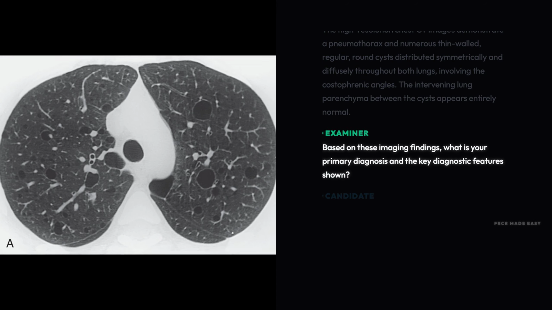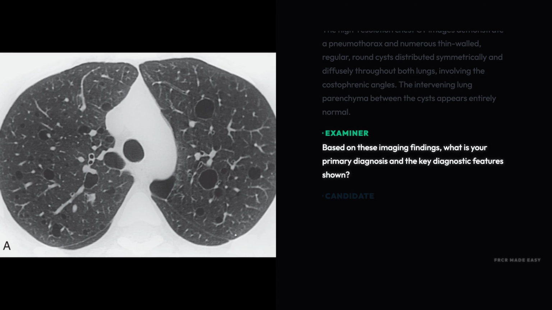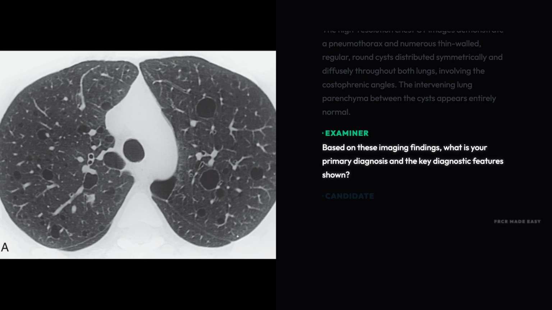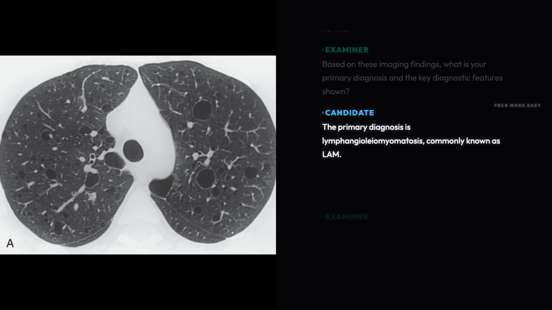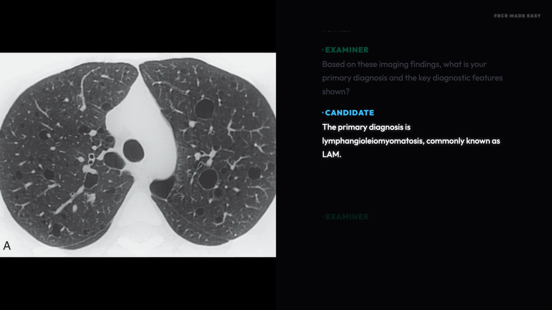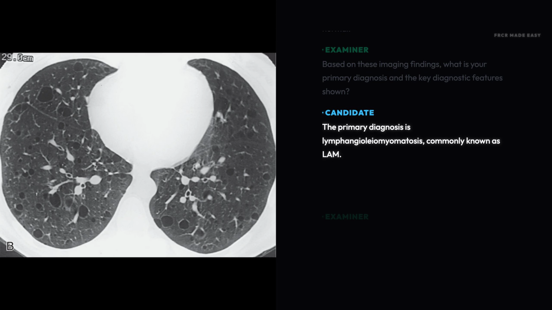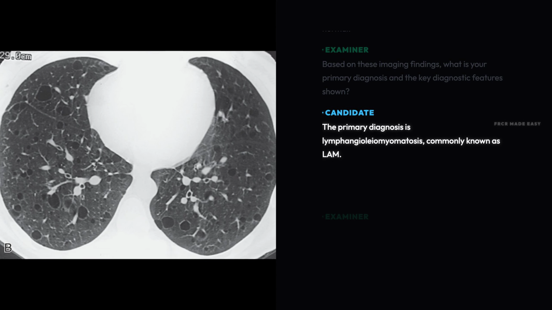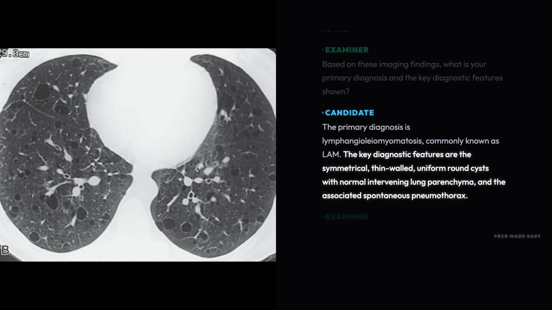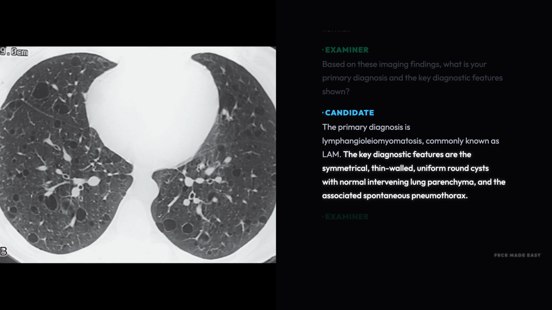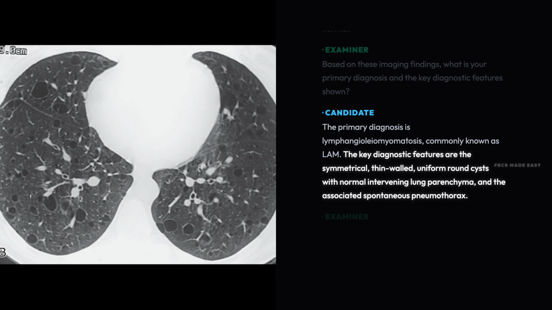Based on these imaging findings, what is your primary diagnosis and the key diagnostic features shown? The primary diagnosis is lymphangioleiomyomatosis, commonly known as LAM. The key diagnostic features are the symmetrical, thin-walled, uniform round cysts with normal intervening lung parenchyma, and the associated spontaneous